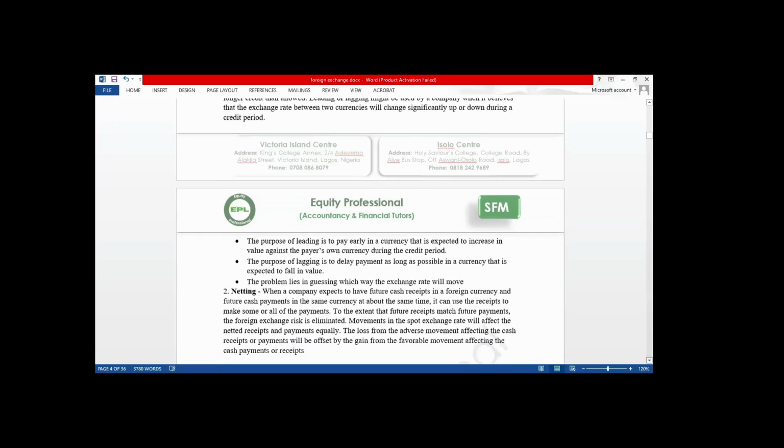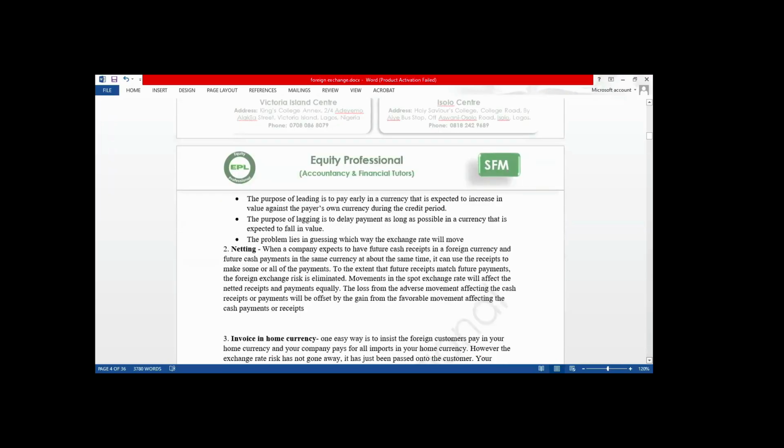Number 2 method, you can do netting. When a company expects to have future cash receipts, if you are expecting inflows at a future period in a particular foreign currency, at the same time, you want to make payment at future periods,